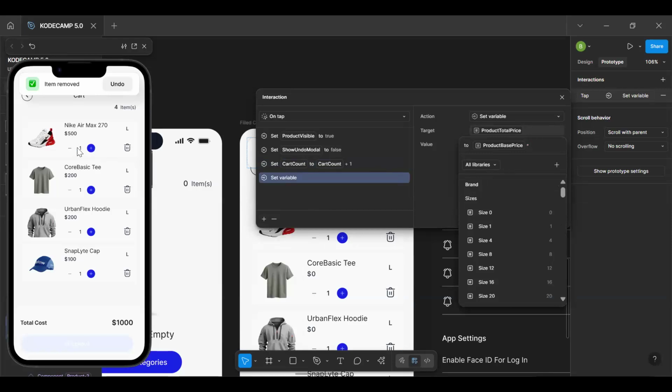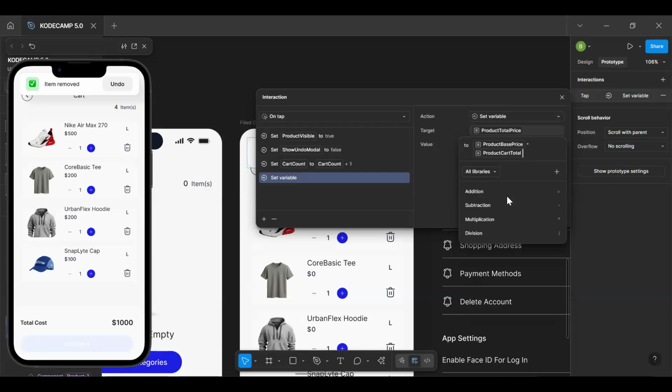When you are coming back, this total price should be equal to the best price, which is 500, multiplied by the cart total. All right, so let's see if that will solve the challenge we said we had or we are going to have. After which I am going to target my cart